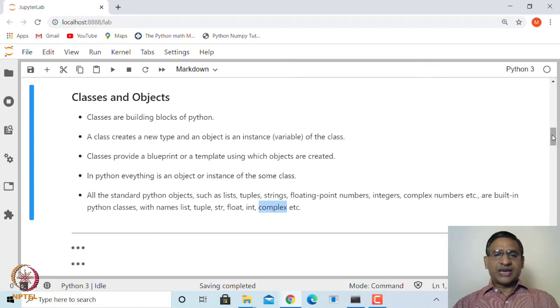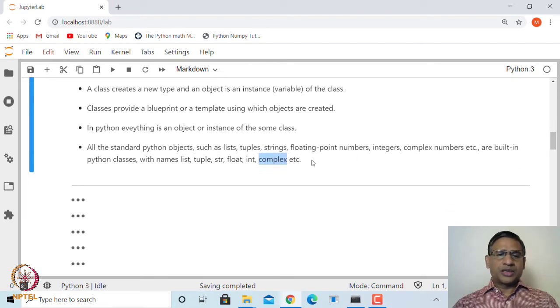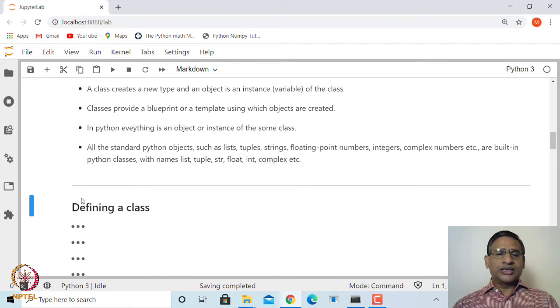Since Sage Math is based on Python programming, and is also an open source package, many times you will be looking at the source code of some function or method. When reading a help document or source code, you should be able to understand it with this knowledge. That is the basic idea behind introducing classes in today's lecture. Now, let us see how to create classes.